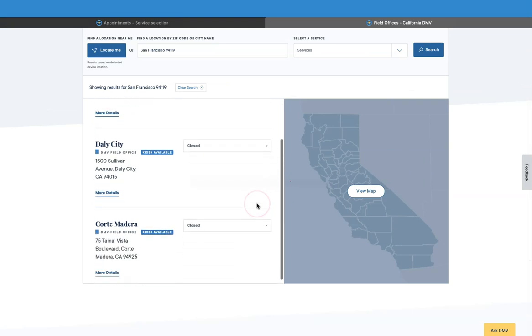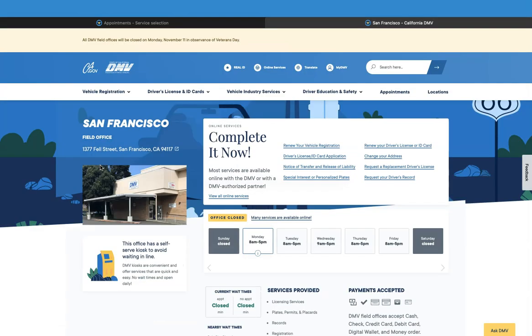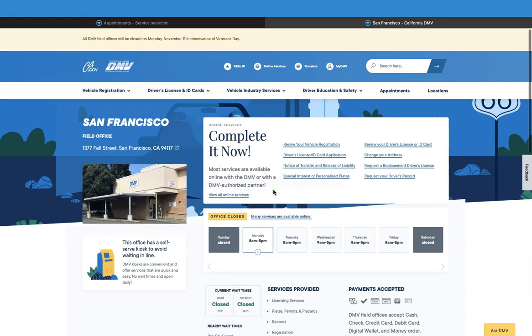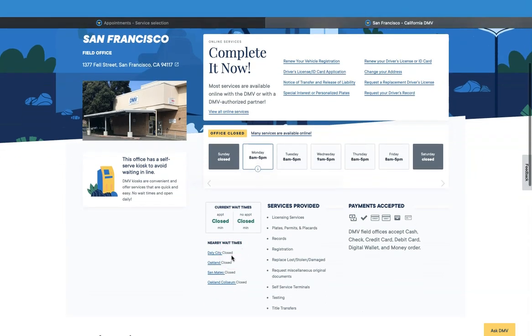Once you do that, the offices are going to pop up based on the one that is very close and then the ones that are further in that order. When you tap, it's going to show you the times they work and the times they are out. But mostly in California, you can go with the option of getting in line.